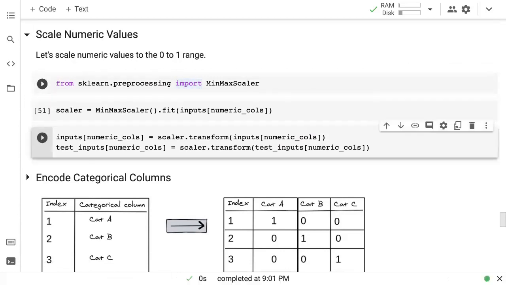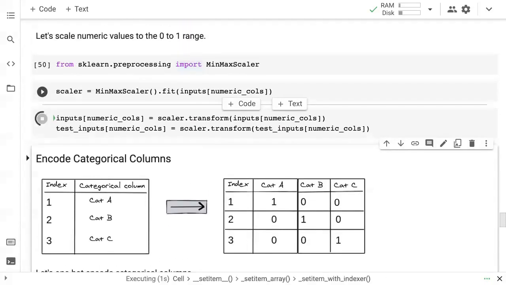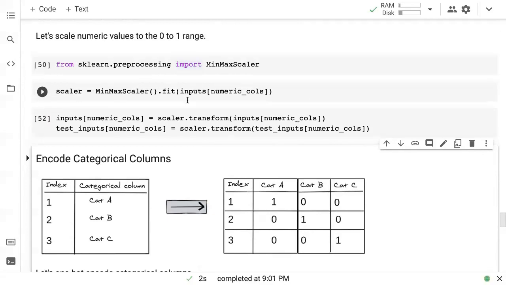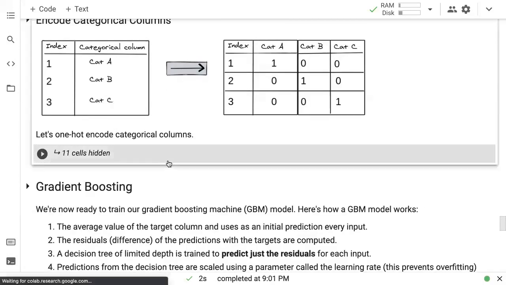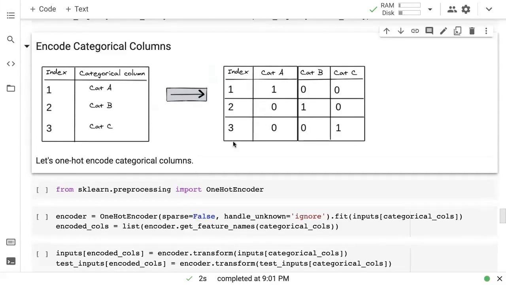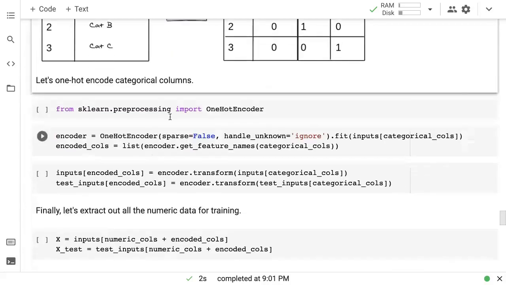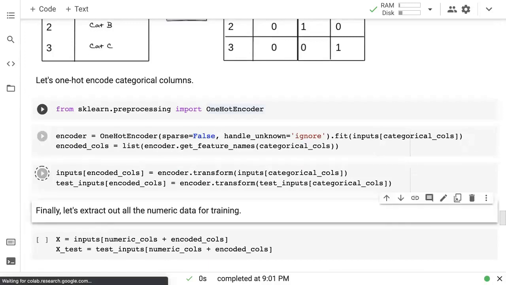Okay, let's then scale numeric values. I don't see any problem here. I think we can just scale them all to the 0 to 1 range. That should be fine. So we are using a min-max scaler to do that. And then let's encode some categorical columns as well. Now note that for categorical columns, we've mostly picked out columns which have text data. So what will happen is we will take each of these unique categories and create a column for each of these categories and just put in the values 1 and 0, depending on whether the row contains the category for that column. Okay. So that's what we do using one-hot encoder.